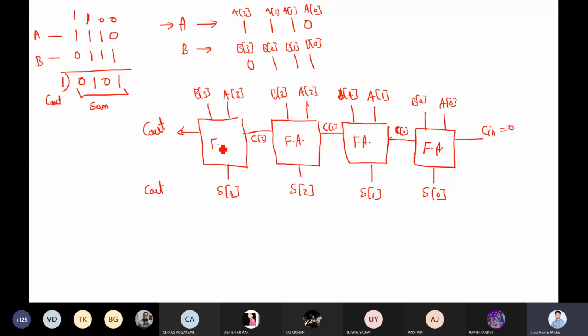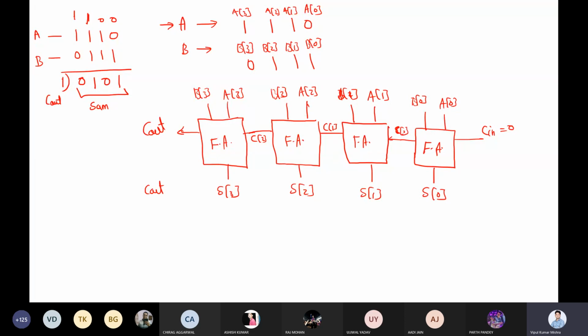Now if we have 4 instances of full adder that are working together, then can we add a 4-bit number? Yes or no? Yes. Yes, sir. Right. So we can add a 4-bit number here, where every 2 bits will go to one full adder.